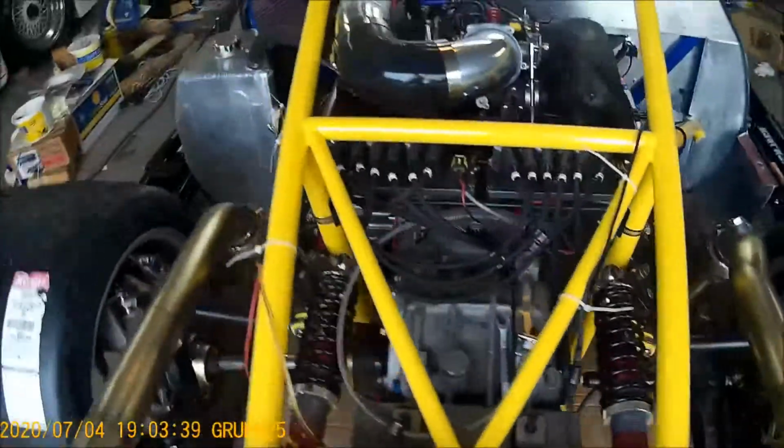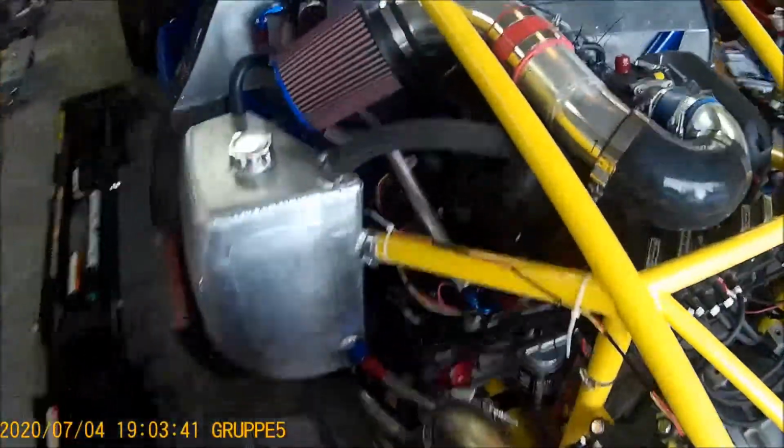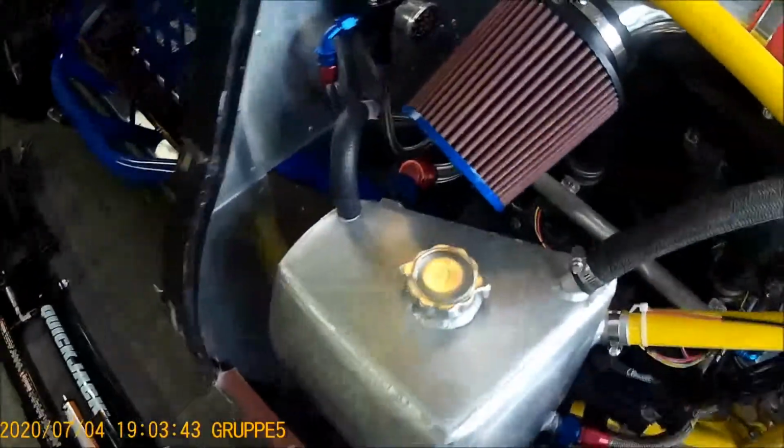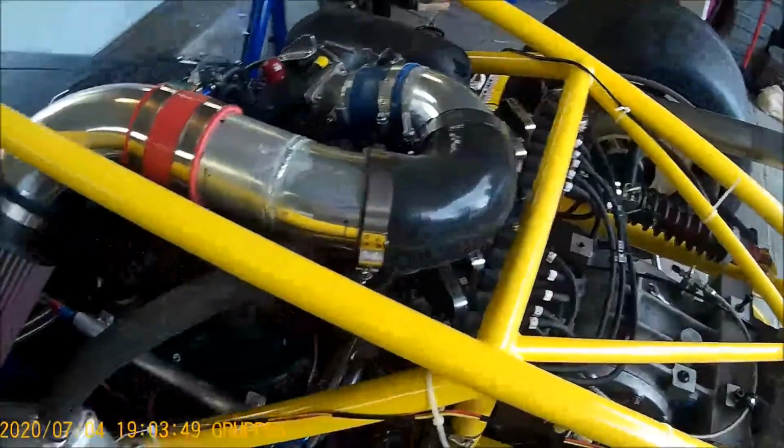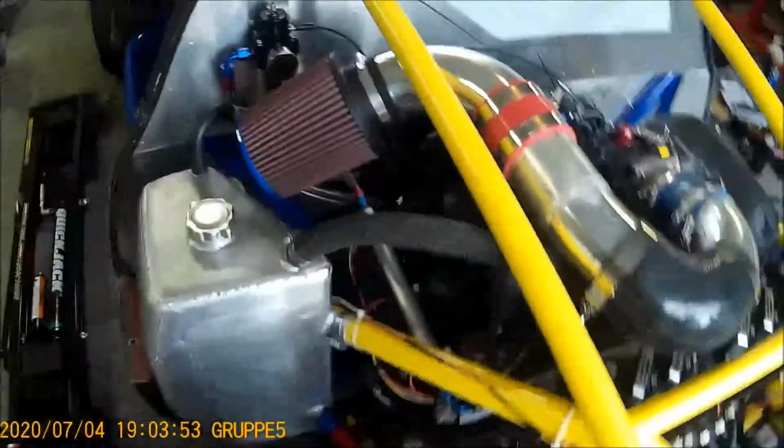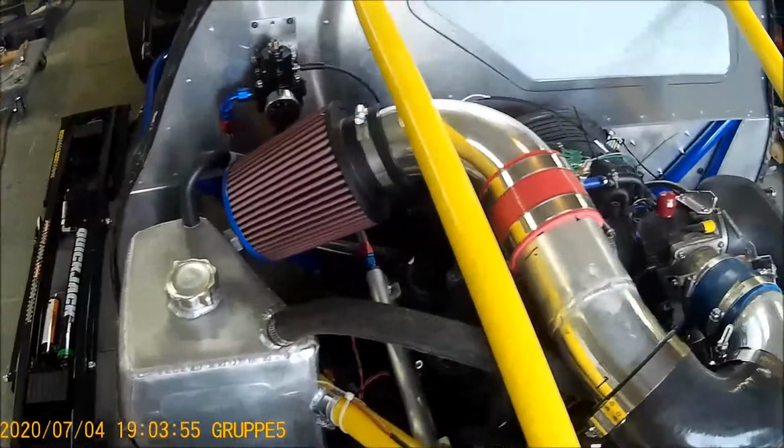I've had it running for 10 minutes. I set the idle down to 800 RPM. So I'll probably be starting it up in the next few days and then seeing if I need to adjust any of the fuel trim or any of the parameters in the fuel injection, which I'm on a learning curve with, because basically I'm a carburetor guy,